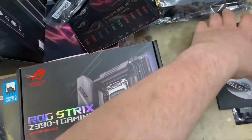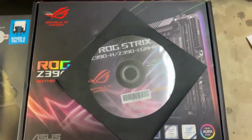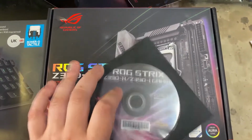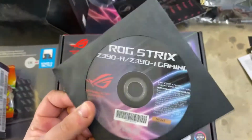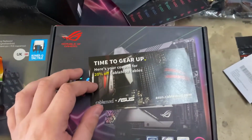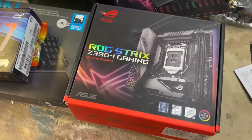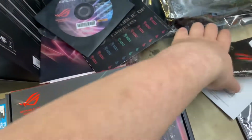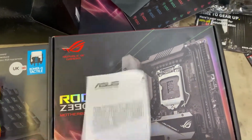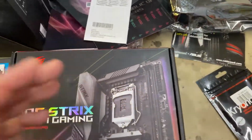Some more SATA cables. Really? In 2019, a CD, okay. A cable mod thing. I think 20% off some cable mod stuff, that's nice, I guess. Safety information, and that's not with that, that's what was there. So, and then of course we have